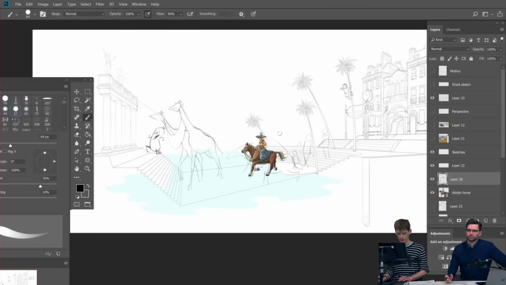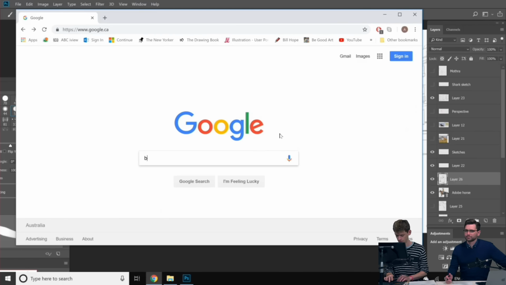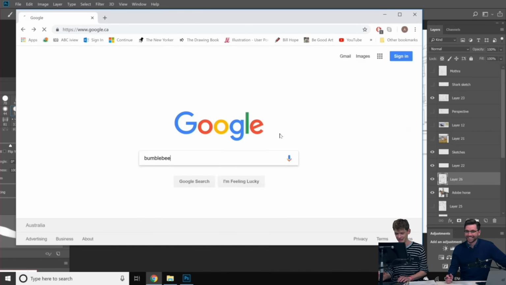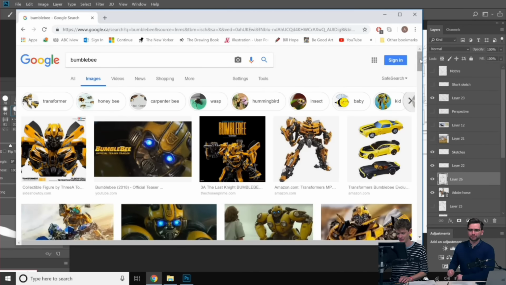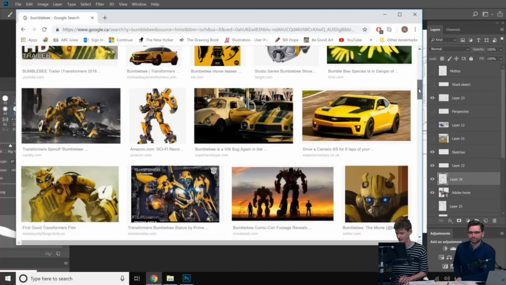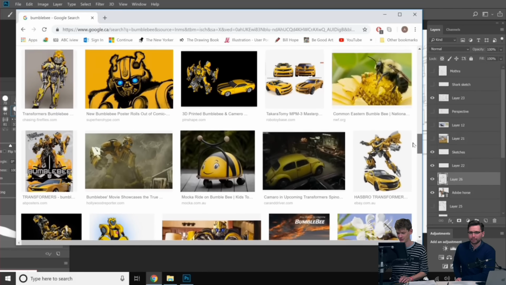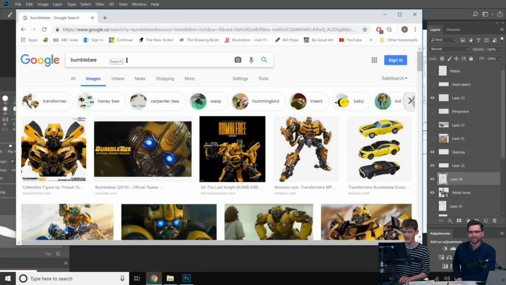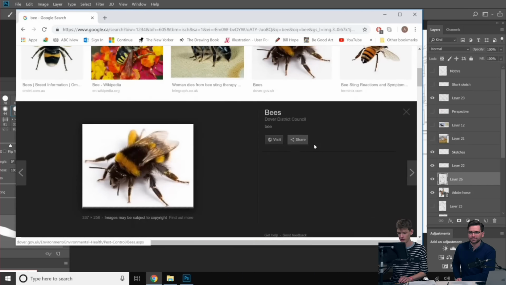So often I will start by just Googling. Careful. Sorry, jeez. So let's not go for the Transformers bumblebee, but let's find something a bit more natural. Jeez, there's just no bumblebees these days. Wow. They're all robots. There is a new Bumblebee movie out. I think that's probably not helping our SEO. Maybe I'll just go B. Okay. I know bumblebees. That's a bumblebee, I think.